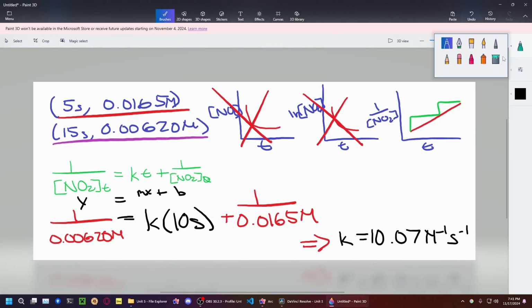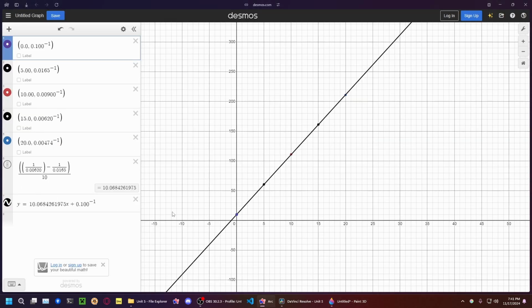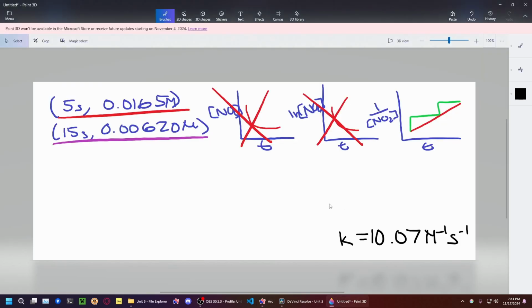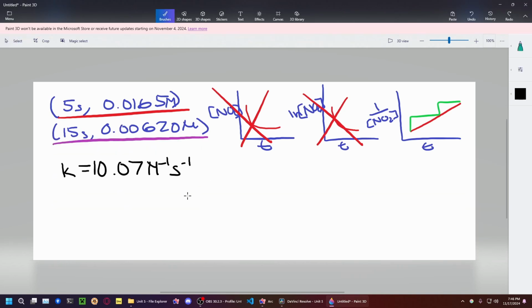Now building off of that, a follow-up question could be, what is the concentration after 25 seconds? So what I can do is, knowing my value of K, if I have to find what the concentration is at 25 seconds, I can basically just say that my concentration of my NO2 at some time, let that be 25 seconds, equals my K,